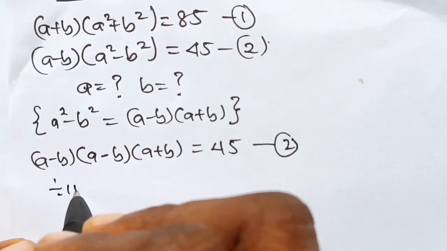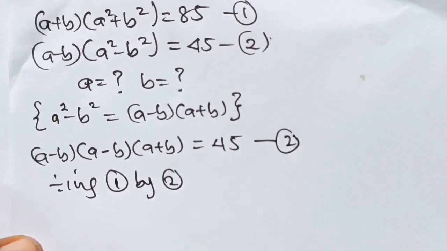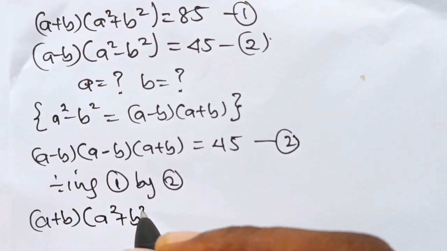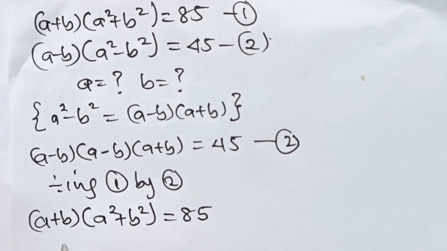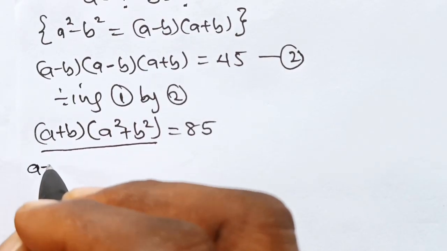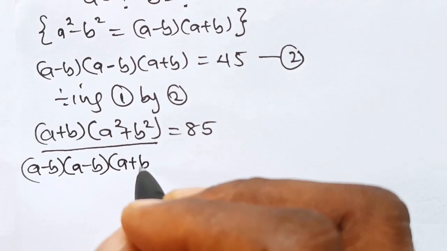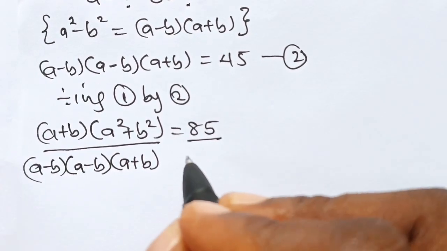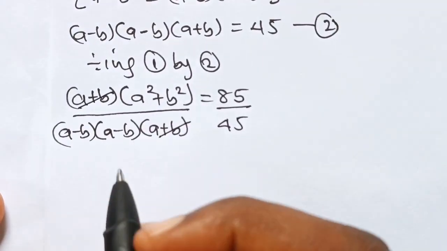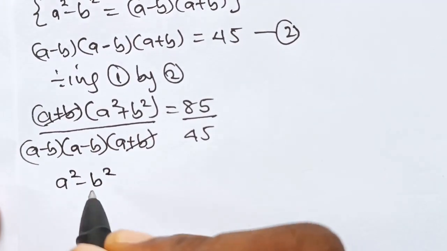So dividing equation 1 by equation 2, we are going to have a plus b multiplied by a squared plus b squared is equal to 85. So this side will be divided by a minus b multiplied by a minus b multiplied by a plus b. Then this side will be divided by 45. So you can see that a plus b and a plus b will cancel out, and we are left with a squared plus b squared,